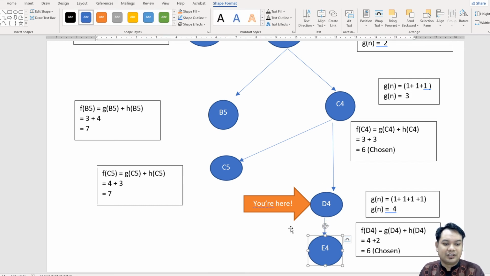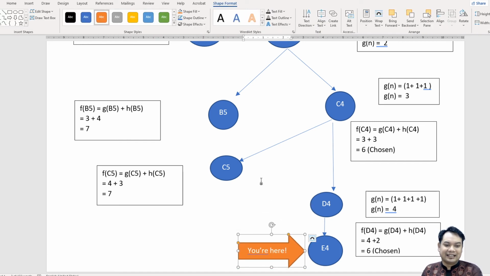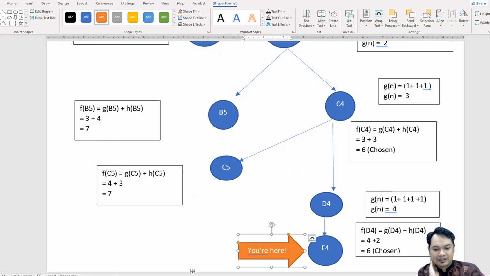Right? Dia tak ada competition. So, terus dia kamu move pada E4, kamu tak perlu calculate. Alright? Kamu tak perlu calculate sebab E4 tu dia tak ada competition langsung. Okay? Sebab dia tak ada choice. So, E4 ni, right? D4 ni dia tak ada jalan dah. Nak patah balik tak boleh. Dia hanya boleh move forward. So, move forward tu satu choice saja. That is E4. So, we look at